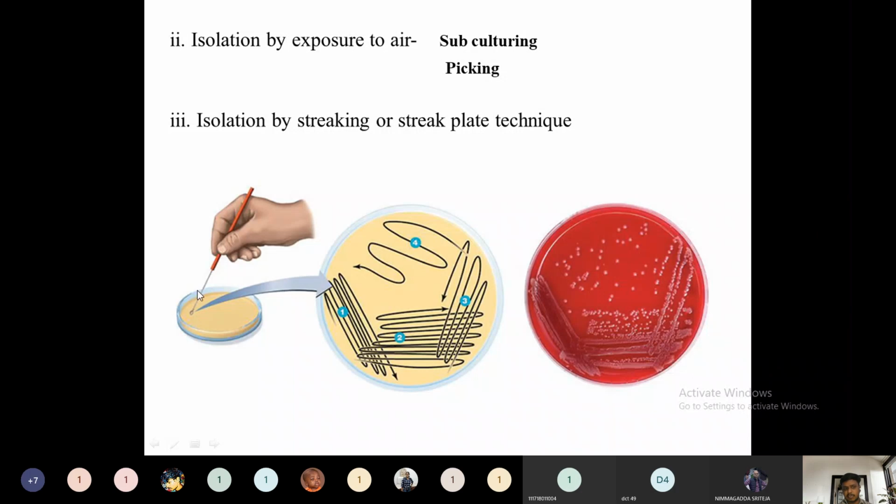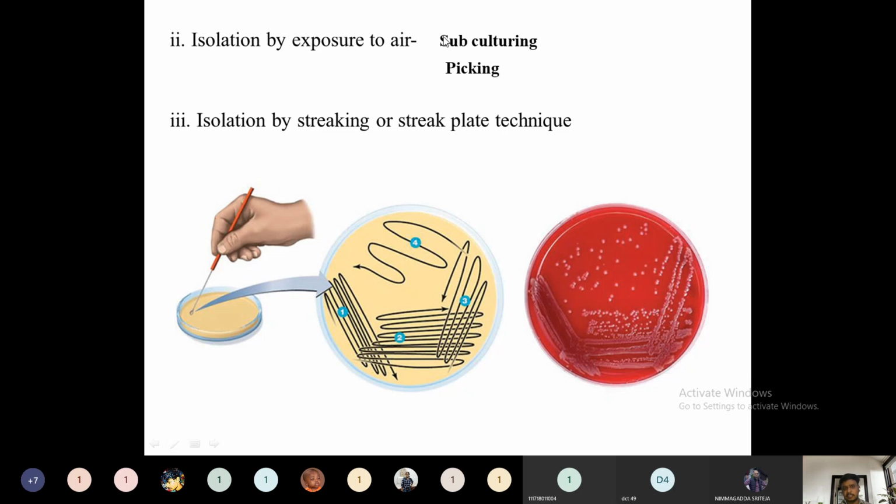Bacteria is collected from some source, like we can collect from the table or from the door handles or anything. Instead of this, exposure to air is nothing but our air will contain many types of bacteria. Already we know. After preparing that agar solution or a culture medium, when we just expose that culture plate to the air, the bacteria whichever is there will get transferred onto the plate.